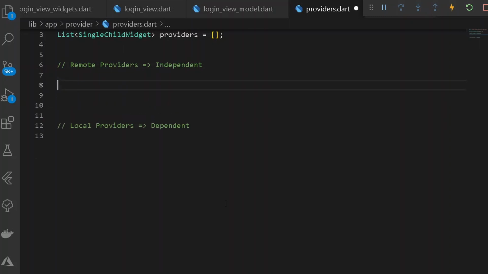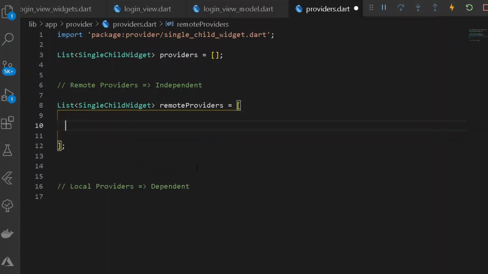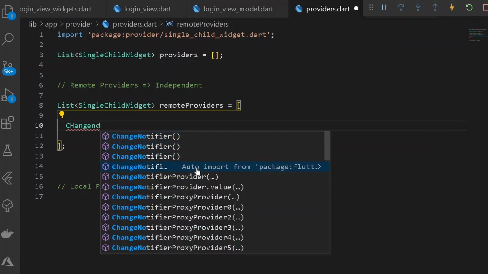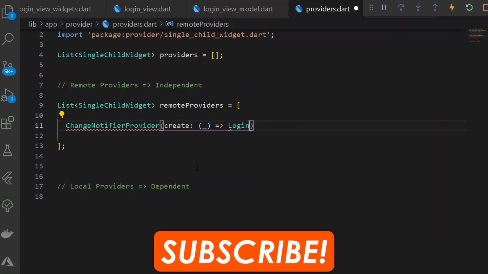So here first of all we shall be simply having the following list of child providers. Based on that, I can be simply writing remote providers, and under the form of remote providers, that is, they are independent, we shall be simply writing a ChangeNotifierProvider, and under the case of create, we shall be simply creating a value of our LoginViewModel.